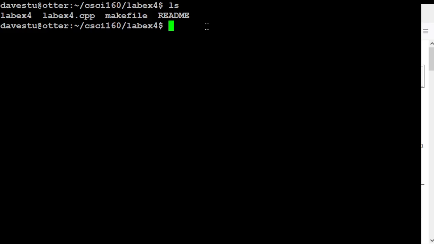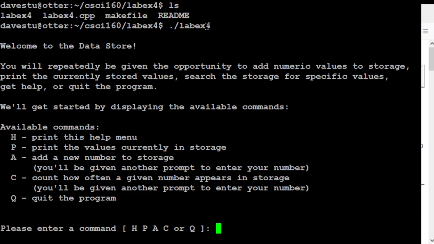So the idea is, assuming you've grabbed your LabX4, I'm just going to show you a sample run of what I want this thing to do. I've gone through and written my own version of the program here, and I'm just trying to run the beast. So the idea is you're going to be letting the user supply a whole bunch of numbers